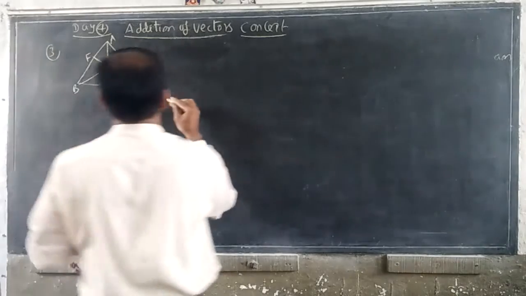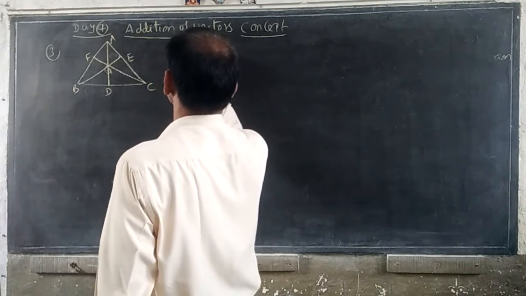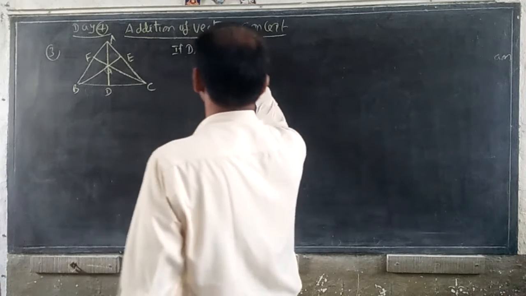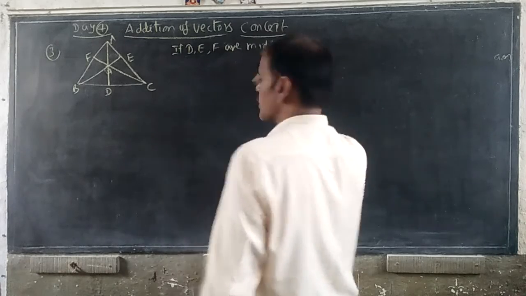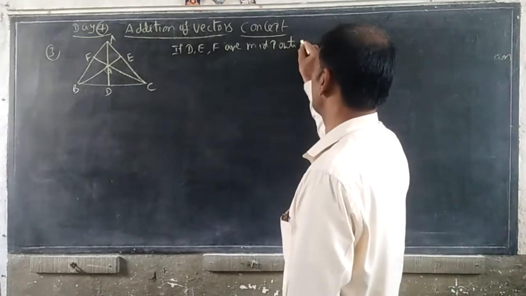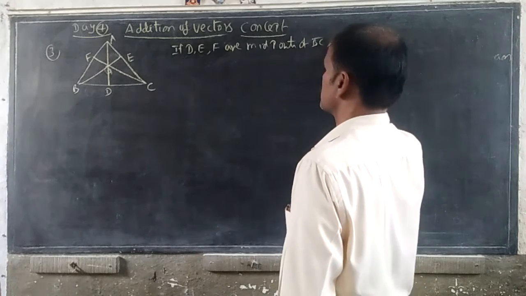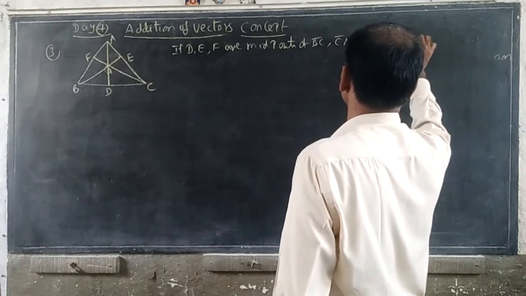Let us discuss about G. If D, E, F are midpoints of BC, CA, AB respectively,